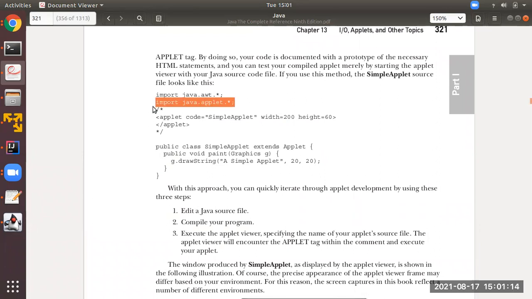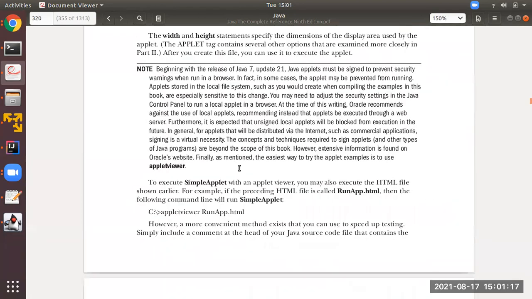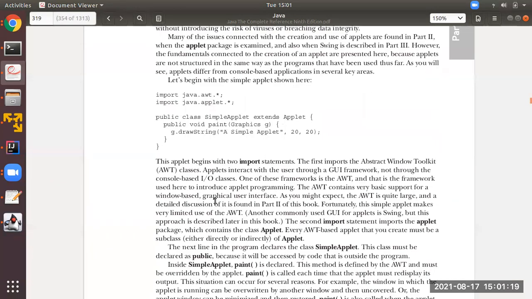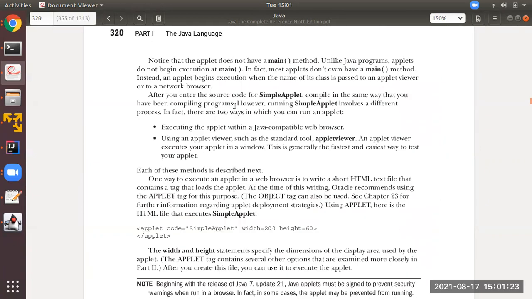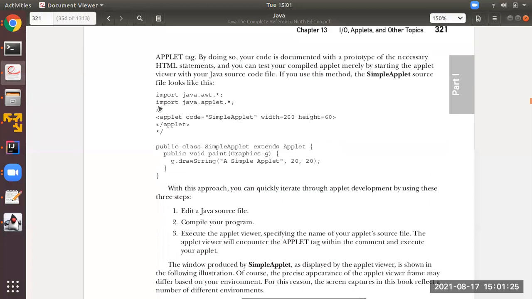Okay, then what you can do is, as I have shown you the first program, see here, this program does not contain this particular tag over here. Sorry, multi-line comment. Okay, the first program, what you can do is you can write the program without the tag, without the multi-line